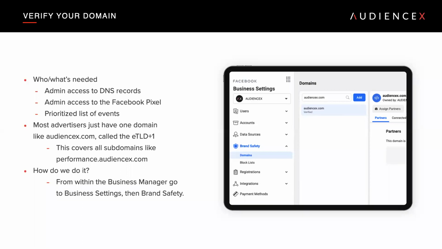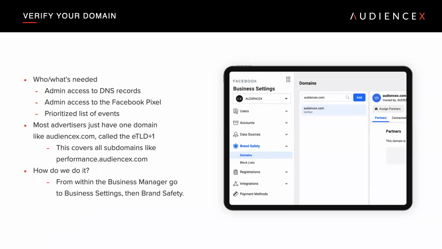What's more important is to understand that this covers all subdomains. So for example, performance.audiencex.com would be a subdomain of audiencex.com. It would fall in below that. And so if you had multiple subdomains, you would not need to verify each subdomain. You would just verify the top level domain and you're covered.